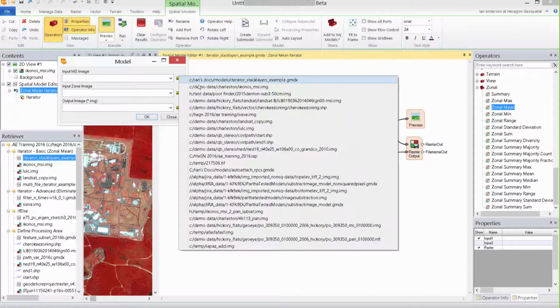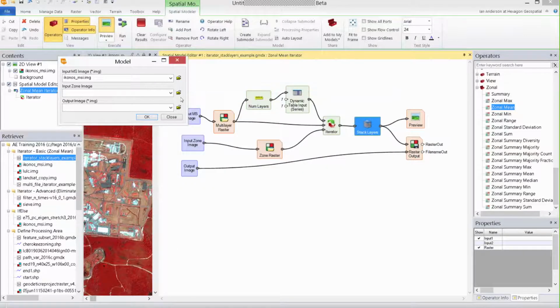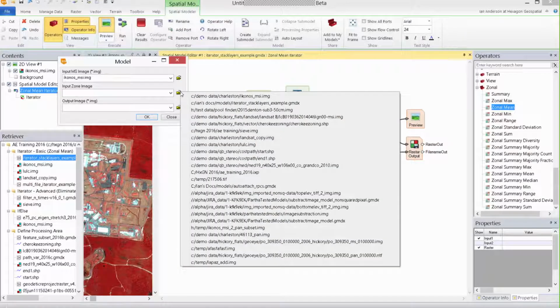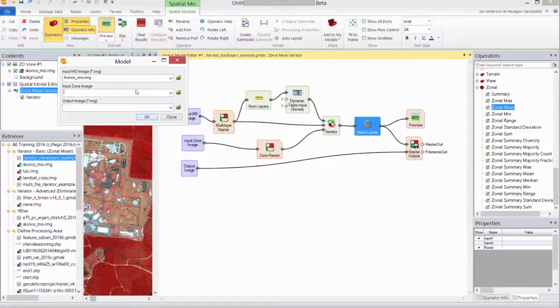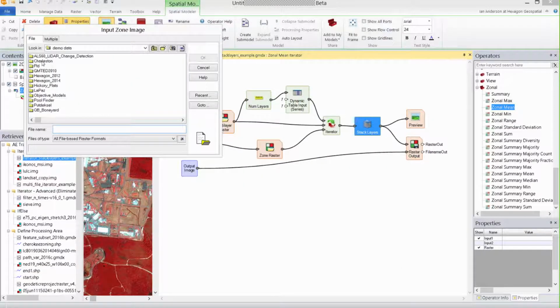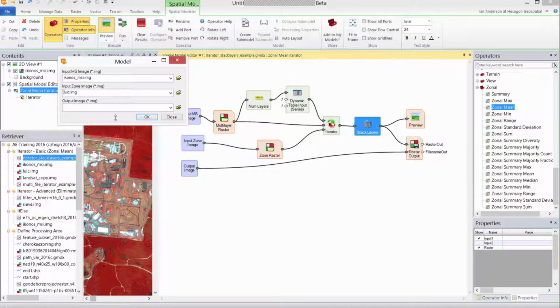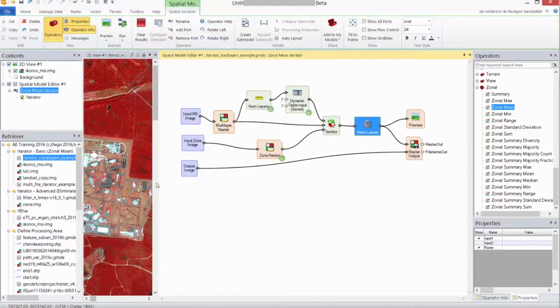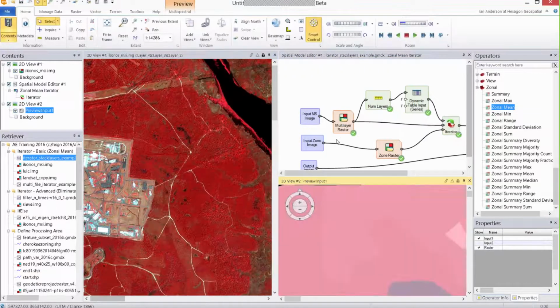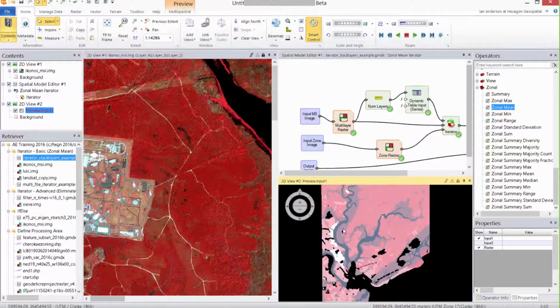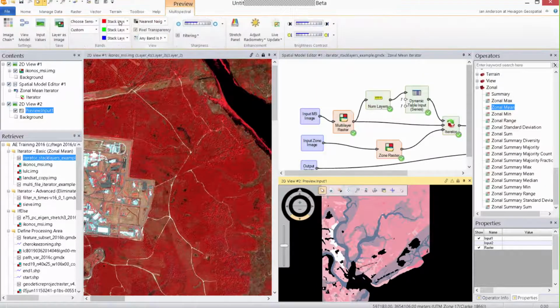those. So if we just go very quickly and perhaps preview that, and say my input multispectral image is my Ikonos multispectral. Going to bring in my, let's see, I think it's the land use, land cover. Don't really need the output. So it's now sat there, it's going to iterate through n bands, n times, and you'll see I end up with,